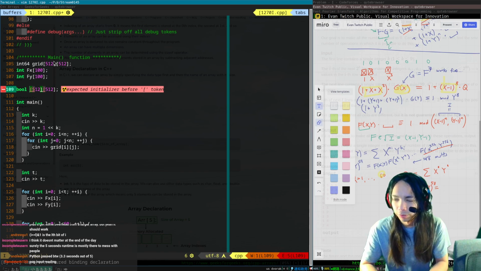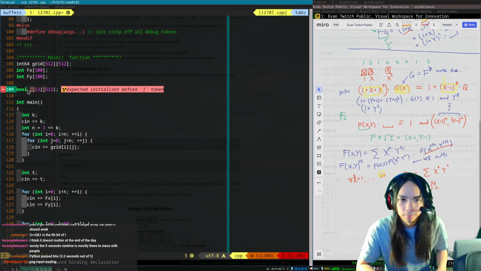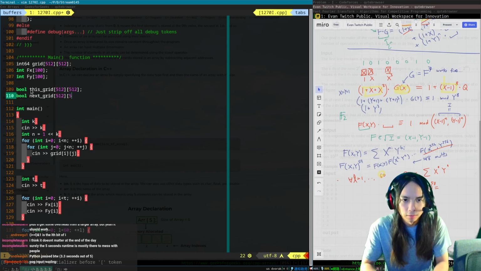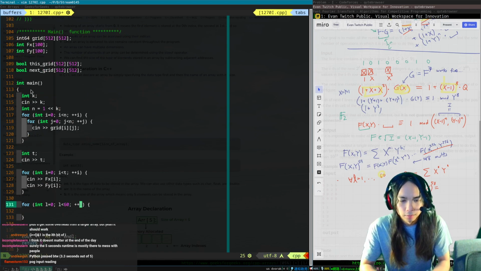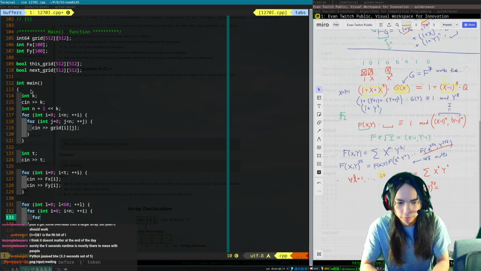So what I need to do is I first need to read it, and then I need a procedure that lets me do the multiplication. Okay, so for int i equals 0, just an n. So we'll start by initializing, and then